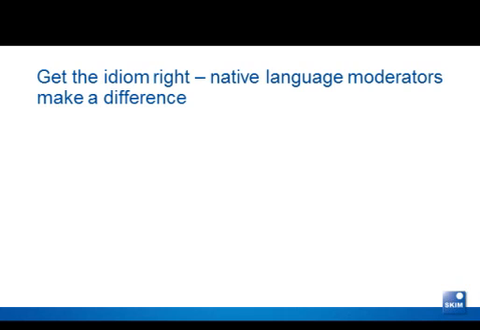So if you want to talk to people's hearts, you really need to speak their language. And it's really important, especially for an online bulletin board, since what we use mainly is words. So we have to make sure that we get the idiom right. I have to stress that again: it's really important to use a native language moderator, because it does make a